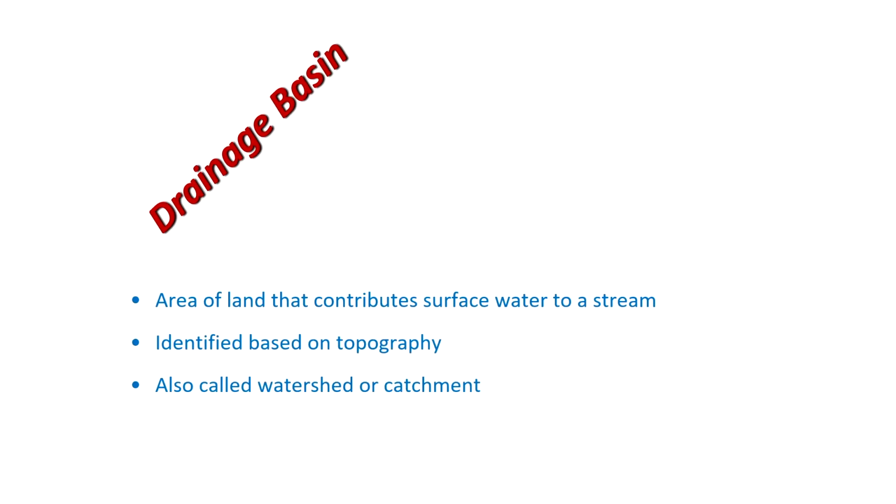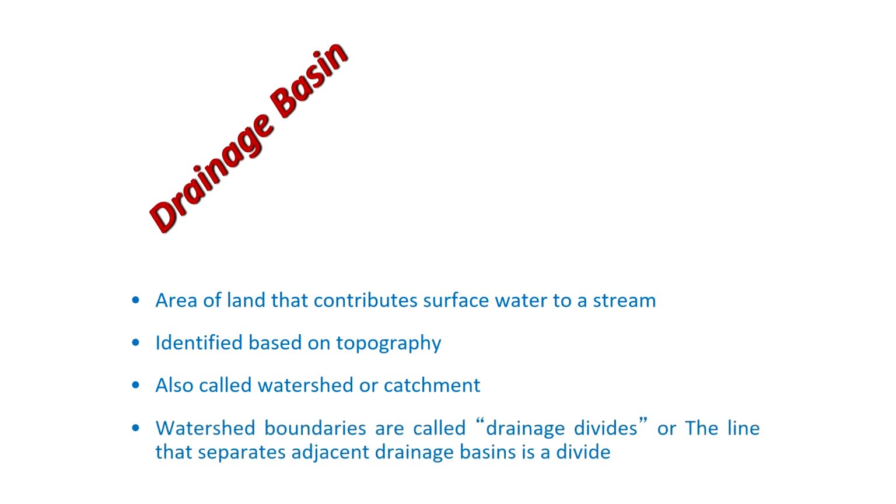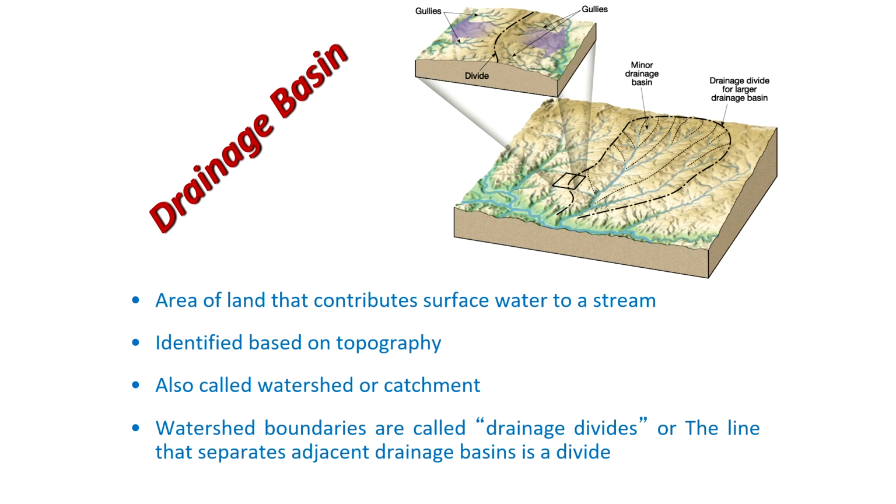So, drainage basin is an area of land that contributes surface water to the stream, identified based on topography, also called watershed or catchment area. Okay. So, based on the image you have here,